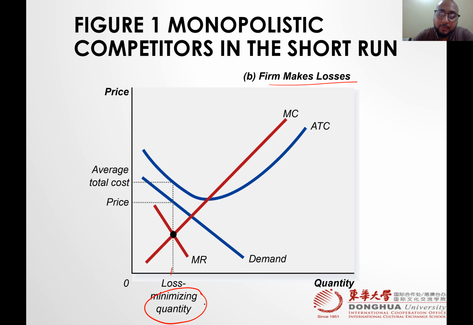So just don't be confused with the word loss minimization, because profit maximizing means the other side of the coin is loss minimization. Where we need to produce, where MC is equal to MR, what is the price? Price is on the price line, the cost is on the cost line. So this